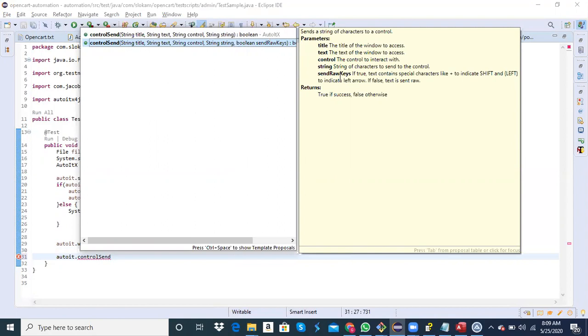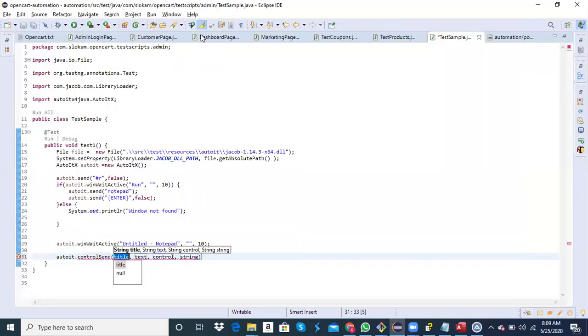So if your text contains some operations to be performed, then you put send false, or else you just use this ControlSend, and the title where you want to perform the thing is Untitled - Notepad, and the text to identify the window, that you can put empty, and control is the control where you want to type, and then the string is what you want to type, a random text that I want to type.